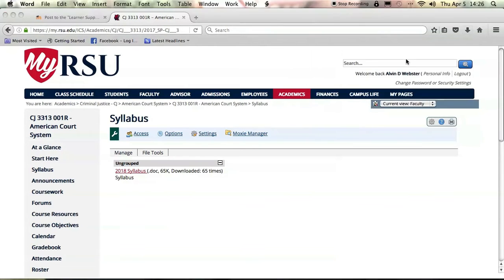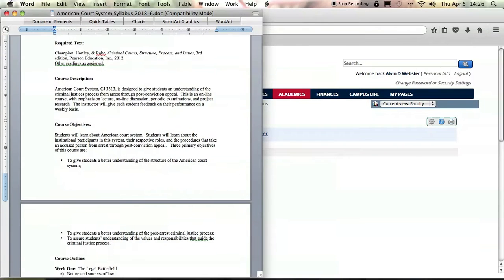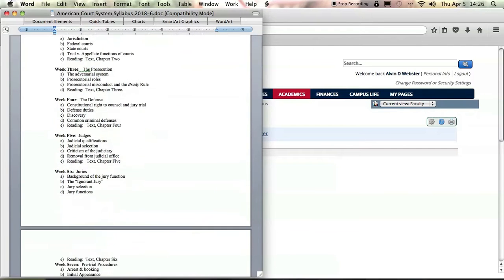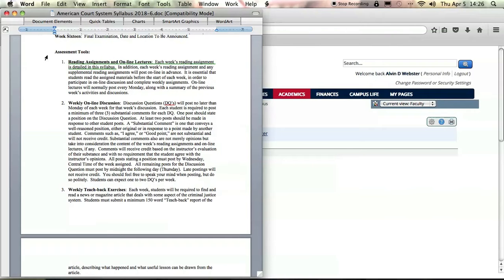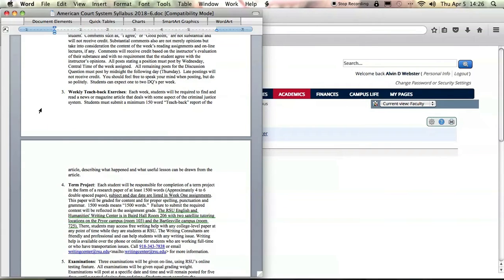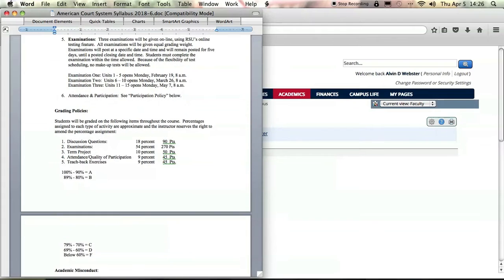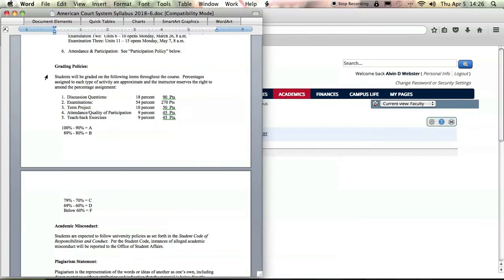The syllabus should already be downloaded, and you've seen it if you opened my posting earlier this week. This is my syllabus for the course with the required text, course description, course objectives, and a unit by unit outline with unit objectives. Here we discuss the assessment tools, reading assignments, online discussion, weekly teach-back exercises, a term project that is due in week 14, a section on examinations, of which there are 3, and then we move to the grading policies, where